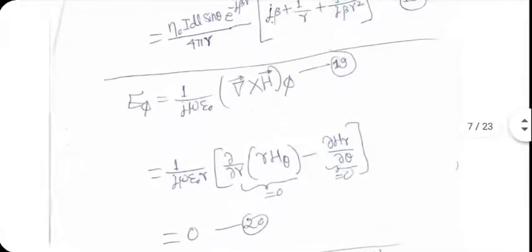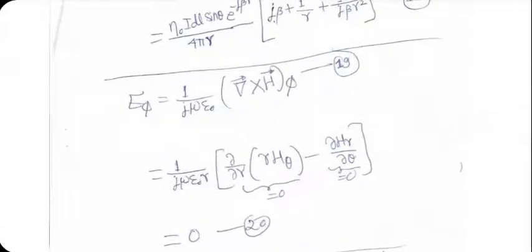So what we have seen is HR is 0, H theta is 0, H phi is not 0, ER is not 0, E theta is not 0, but E phi actually will work out to 0. You can easily check for yourself. Whatever is 0 in E is not 0 in H, and other way around. ER is not 0, E theta is not 0, E phi is 0. In case of H field, H phi is not 0, but other two are 0. Duality is there.